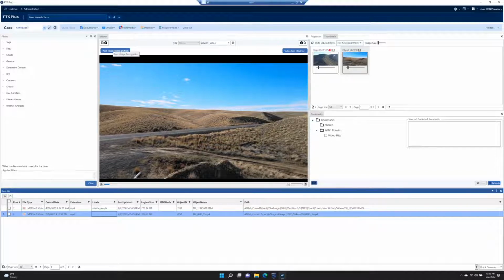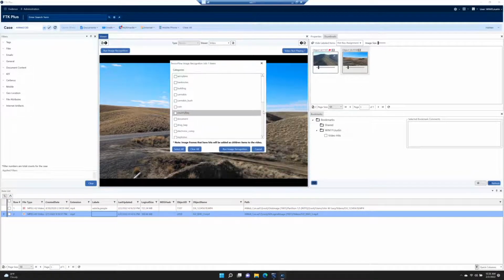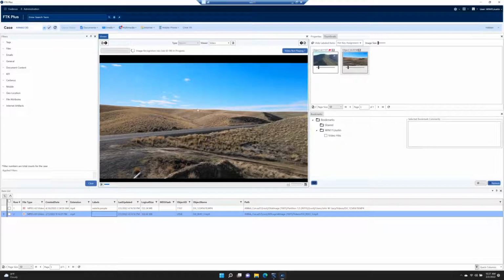So we notice this button right on the video. We can click Run Image Recognition, and it's going to bring up our categories that we have. So we could click on, say, vehicle if we wanted to hit on vehicles. We have people, rifles, guns, cannabis, building, whatever, okay? So we'd select vehicle, and then we could click Run Image Recognition, and that's going to kick off for a